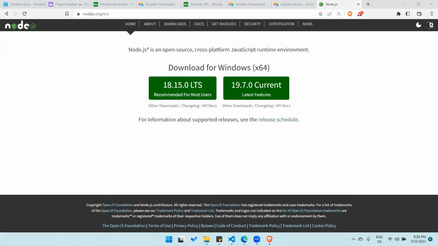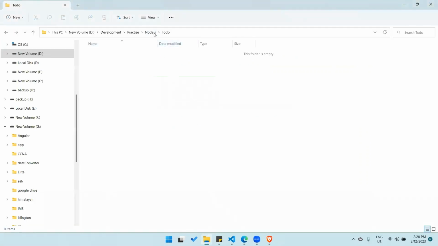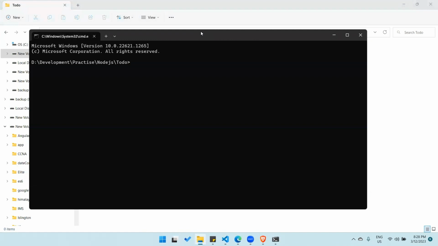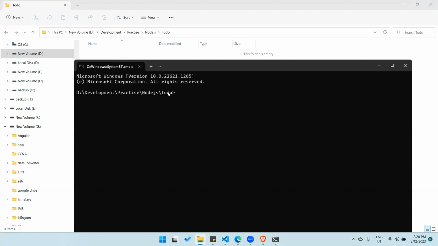And after downloading this node version, let's start by making a to-do app. For that, I'll open a command prompt in this folder. So we'll go to this to-do folder, and after installing Node.js, we'll use this command npx,